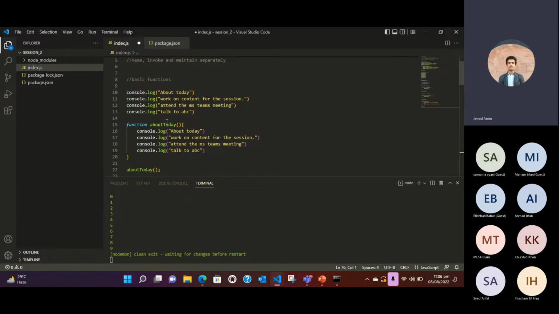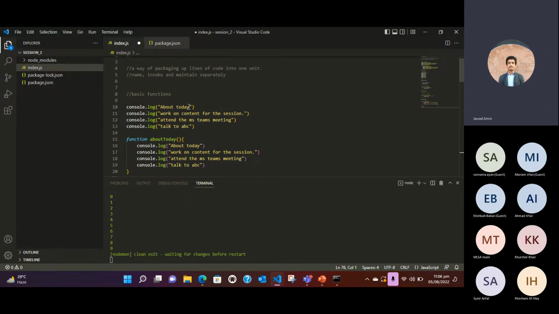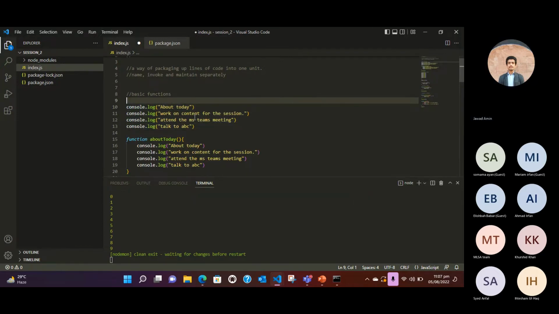So when we have a bunch of code and we want to execute it again and again, rather than writing that code again and again, we can package that up in some function, and that function can do the job for us. For example, these are lines about today. So if I want to console log it for